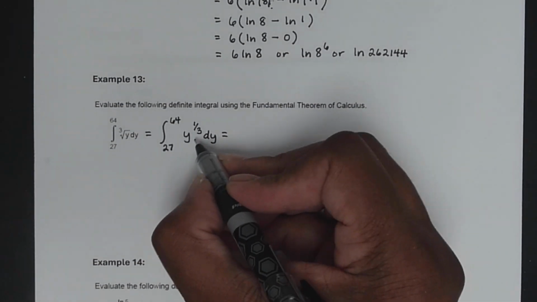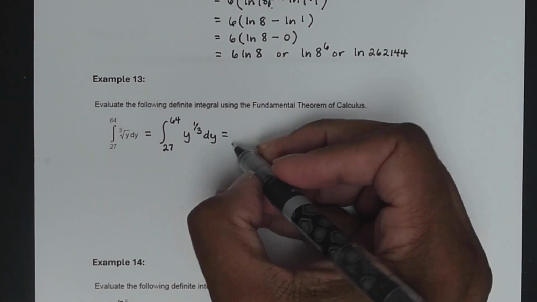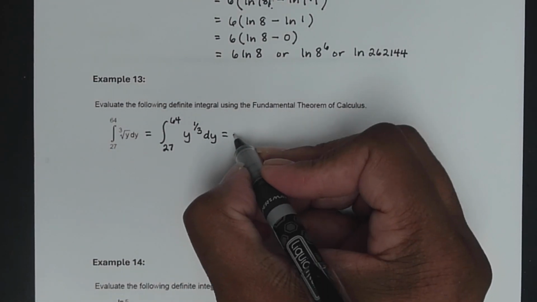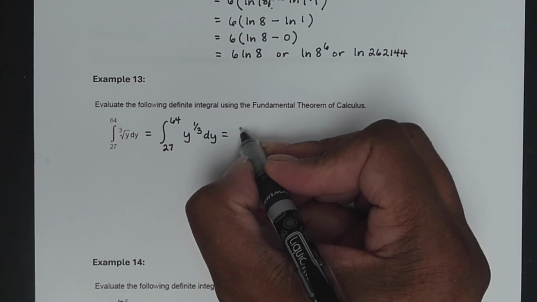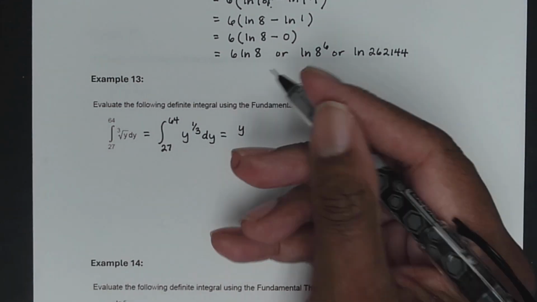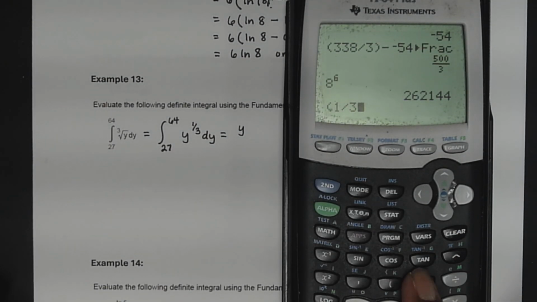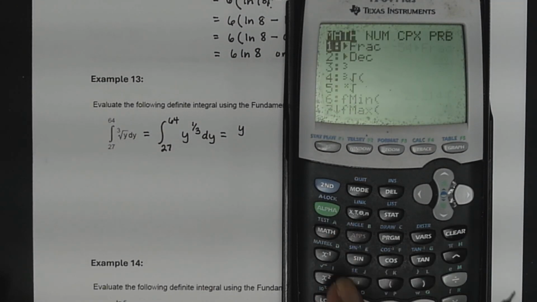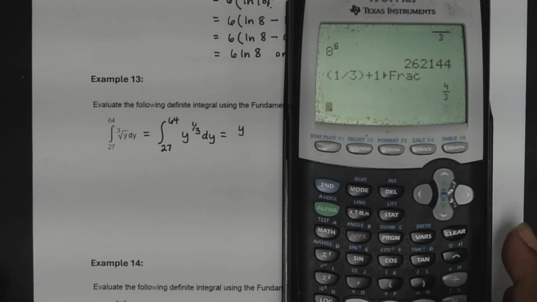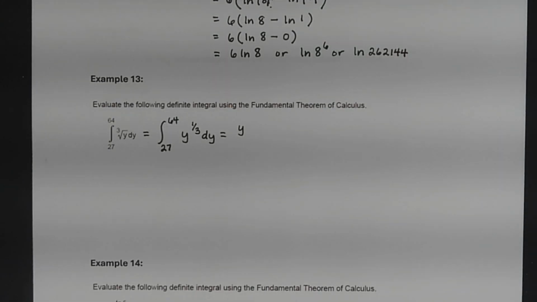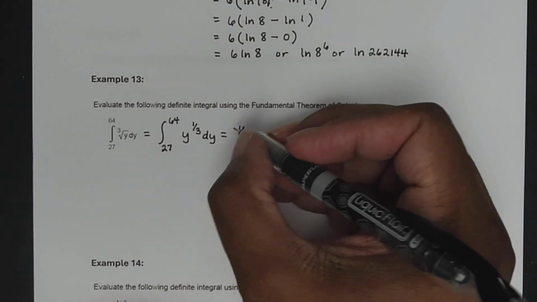And then we'll just go ahead and integrate y to the 1/3 dy by adding 1, increasing the power by 1. So it'll be y to the 1/3 plus 1. Then do the math with 1 as a fraction. That would give you 4/3. So it'll be y to the 4/3